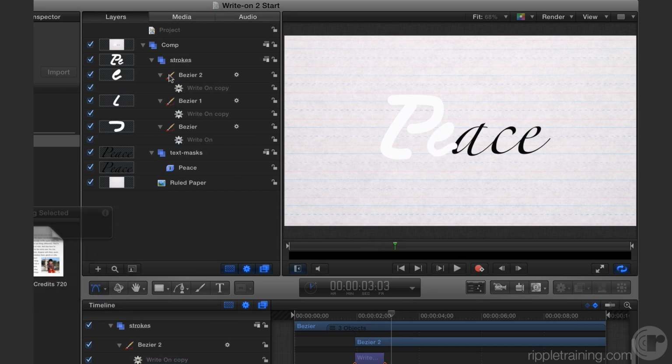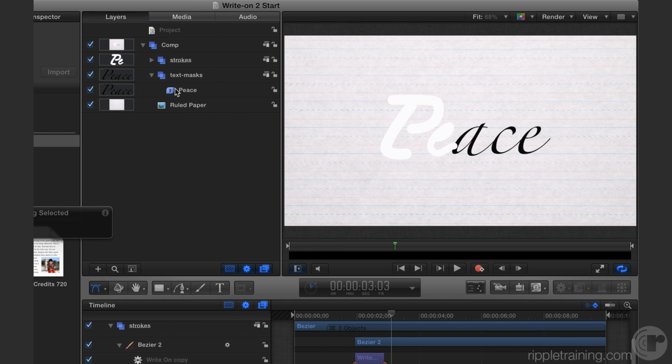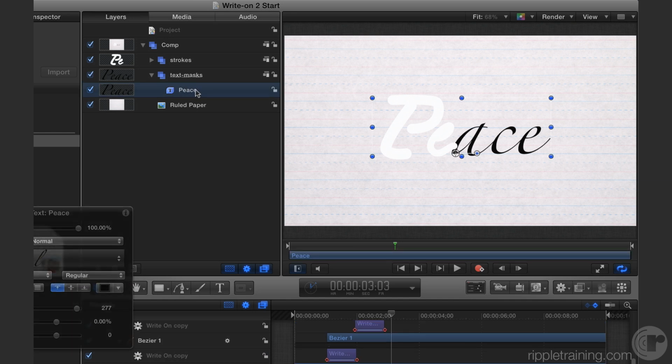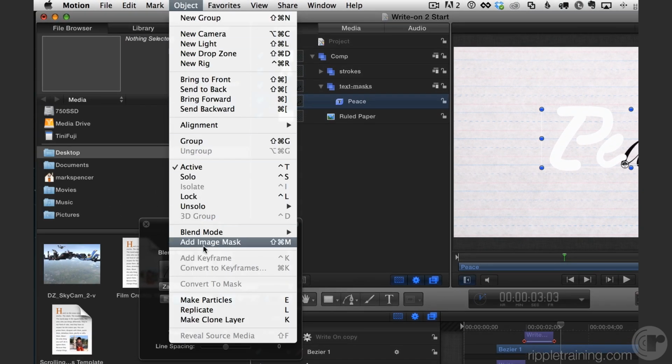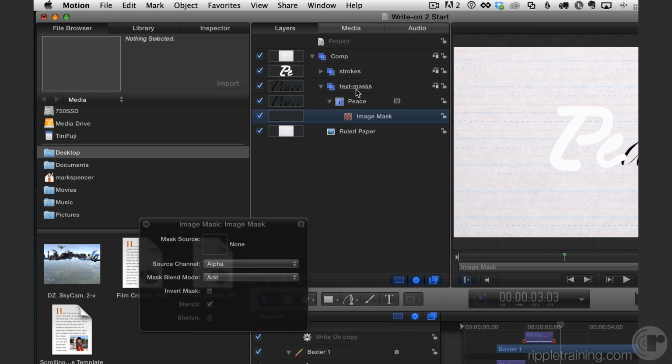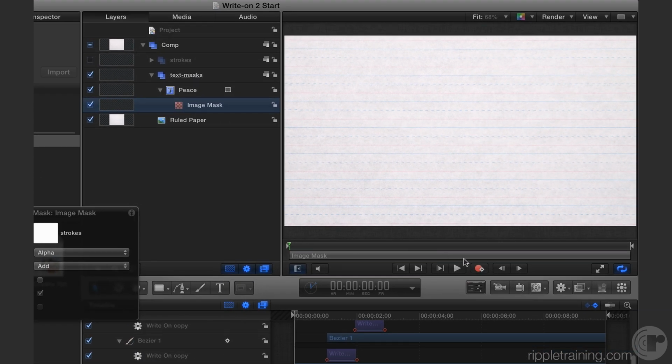So to make them work, let's close that up. I'll select the text layer, Object, Add Image Mask. And then for the image mask, I'm going to want the strokes. So I'll drag the strokes into there, go back to the beginning, and if I play now, we can see that gets written on. Now, mostly it works, but you can see that first stroke revealed part of the P going down, which doesn't